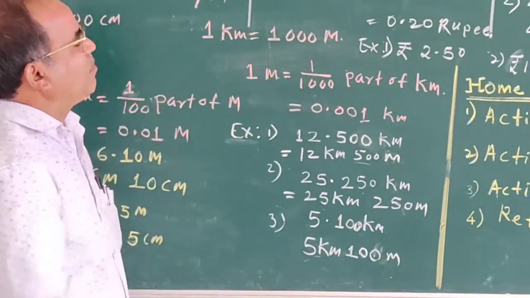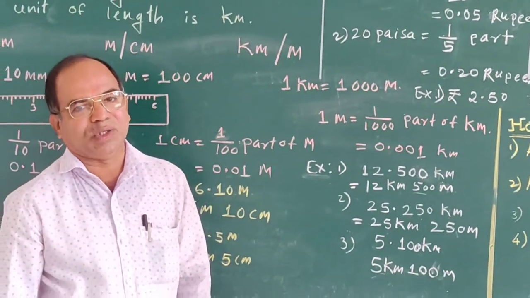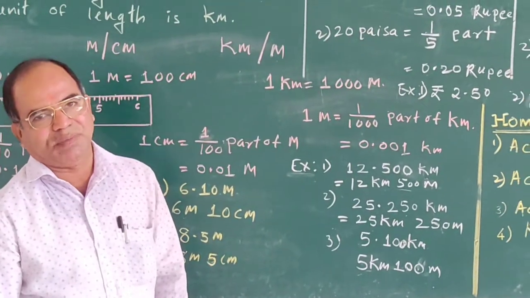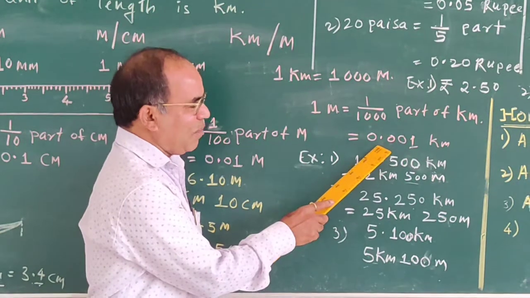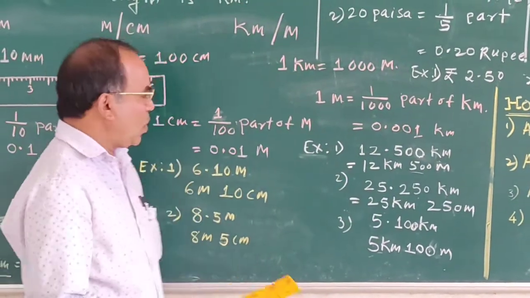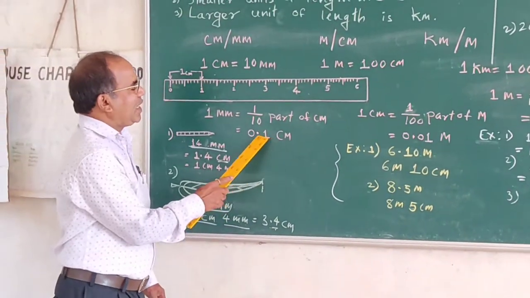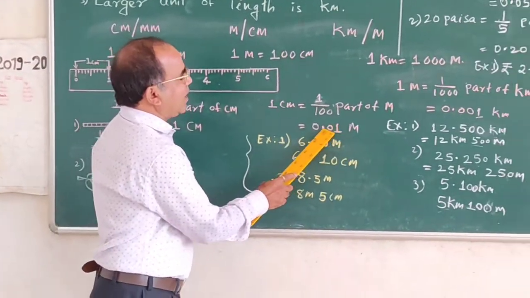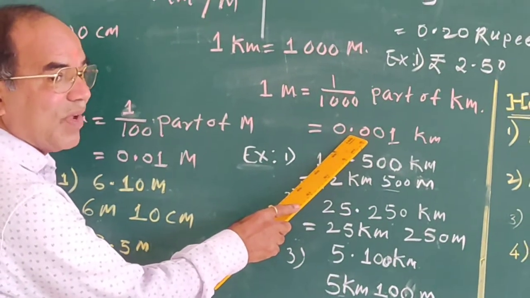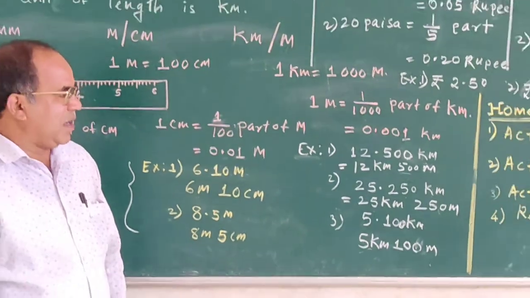So here I have given the example of kilometer, that is, 1 kilometer is equal to 1000 meters, that you know. That means 1 meter is the 1000th part of a kilometer. That means in decimal form it can be written as 0.001 kilometer. So in another way we can find out this tenth, hundredth and thousandth part: 1/10, so it is the tenth part; 1/100, so it is the hundredth part. So on whatever place the decimal is, we have to find out. That is 1/10, 1/100, 1/1000, that means it is the thousandth part.